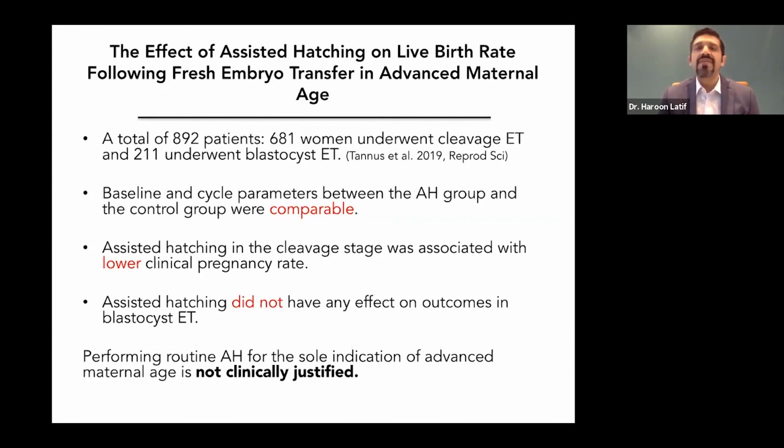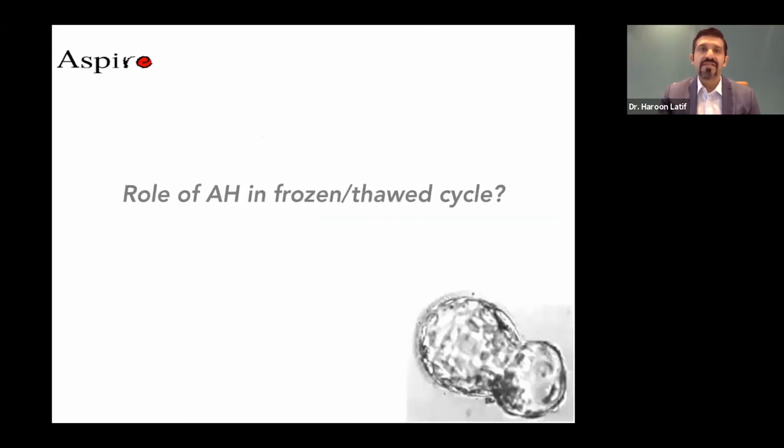As we all know now, even for PGT, the preferred time to do embryo biopsy is day 5, day 6. A cleavage stage biopsy has been shown to have lower clinical pregnancy rates. Similarly, assisted hatching did not have any effect on the outcomes at the blastocyst embryo transfer stage. So those blastocysts could have hatched anyway. According to this study, there was no extra benefit of doing assisted hatching on them. So performing routine assisted hatching for the sole indication of advanced maternal age was not clinically justified according to this study. Now let's talk a bit about the role of assisted hatching in frozen thaw cycles,